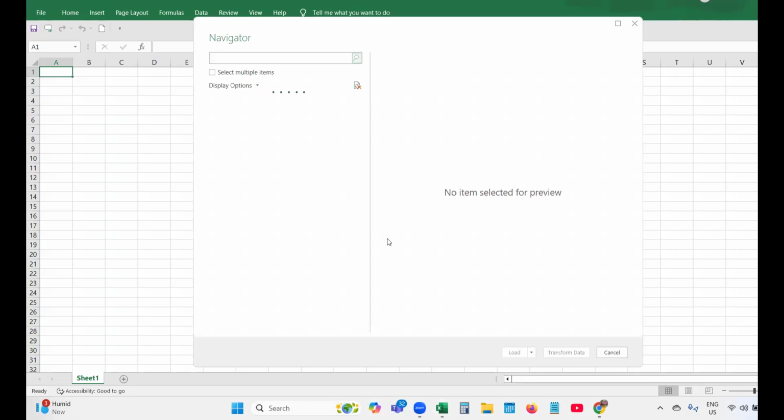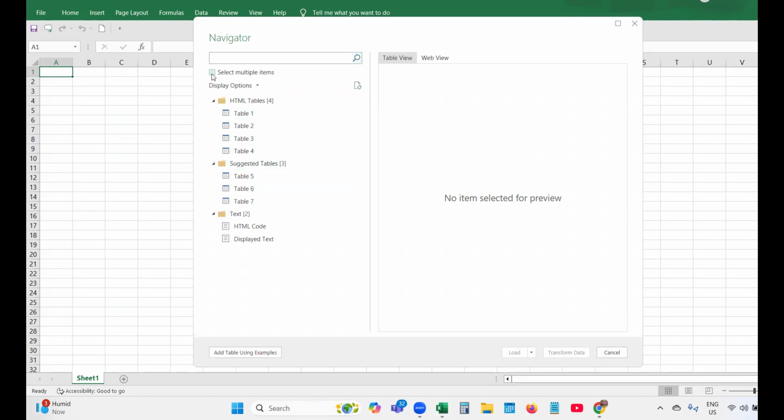So now, after that, you are going to get the display option. If you click on it, so many tables will come. It is taking time.